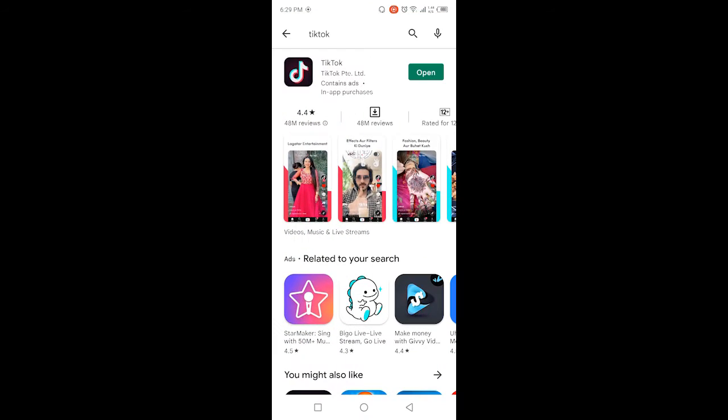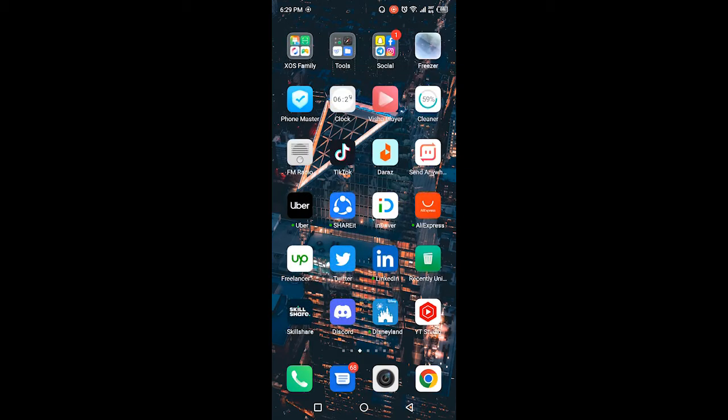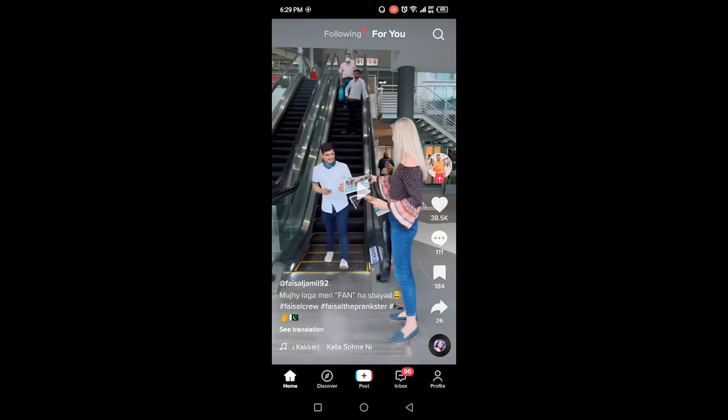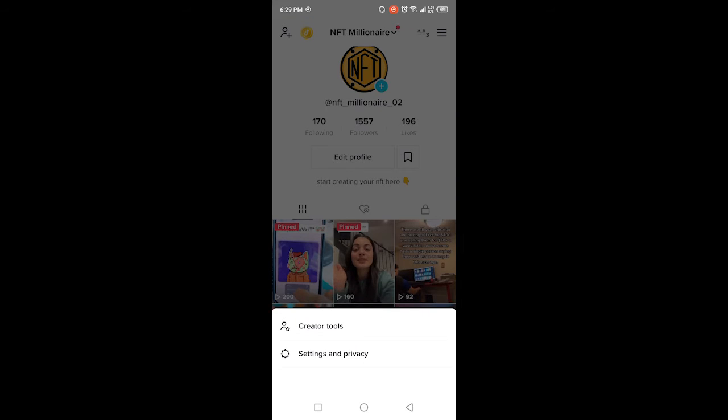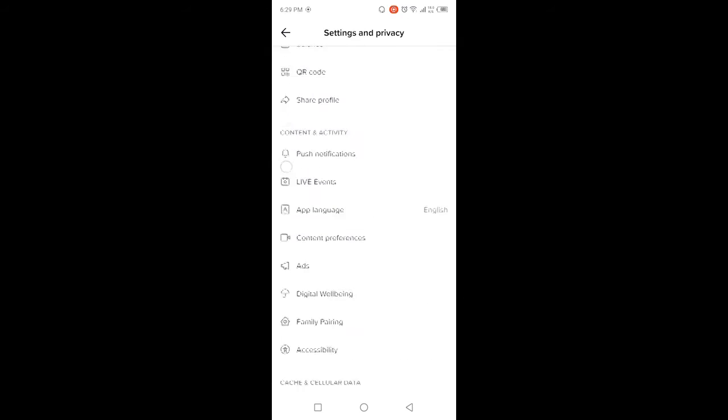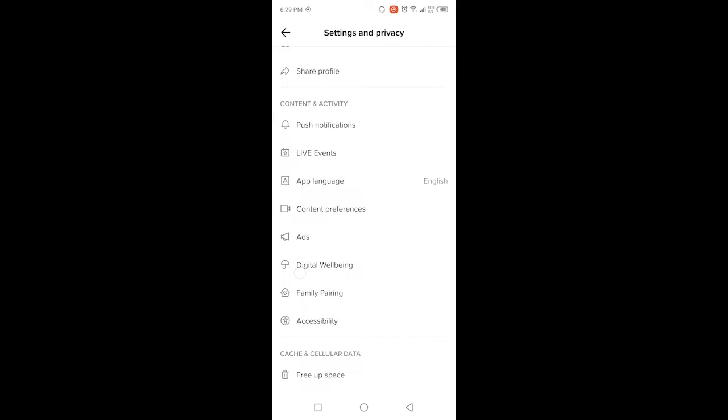The first step is you need to open Play Store and update TikTok application. And then you need to open TikTok and click on your profile in the right bottom corner. And then you need to click on three bars in the top right and click on settings and privacy. In content and activity, you will find a new option, background audio, and once you click on that you can